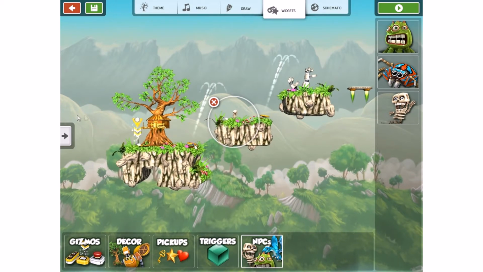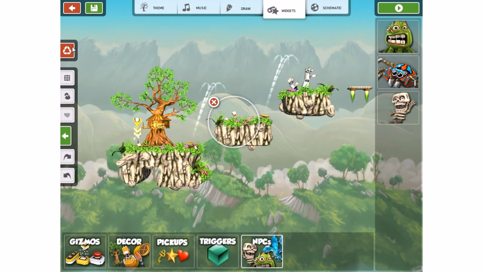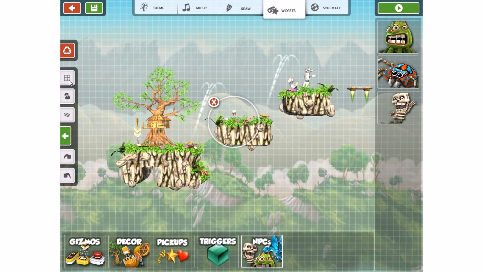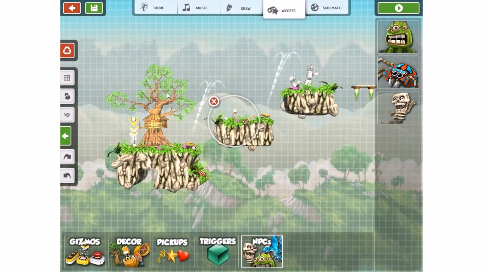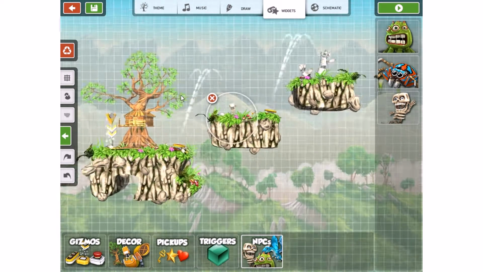Then additionally, we have this little arrow here on the side. You have a few additional little icons here. You have the delete everything button. Basically, this red triangle will completely reset the game you created, delete everything except the background. Then we have the grid. You can enable or disable this one to give you a little bit better idea about the sizes and the